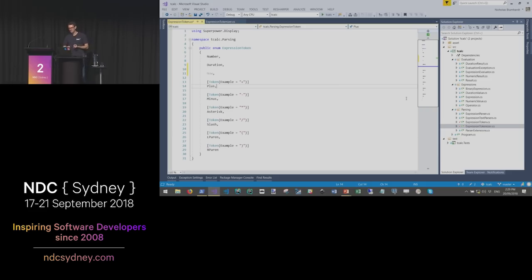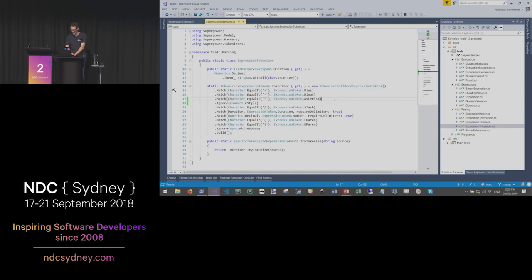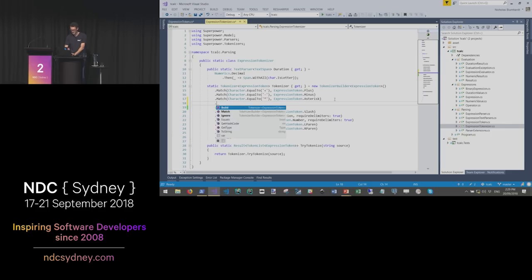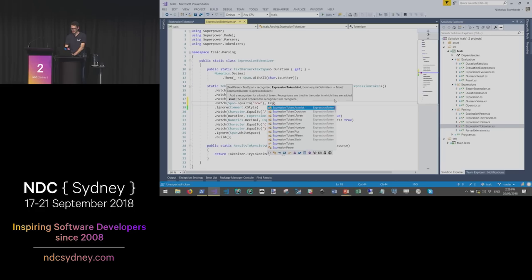So we add our token there, and the tokenizer will have to produce those tokens when it sees one in the input stream. So we look at the tokenizer, and if we see that span, then we will yield expression token dot now.